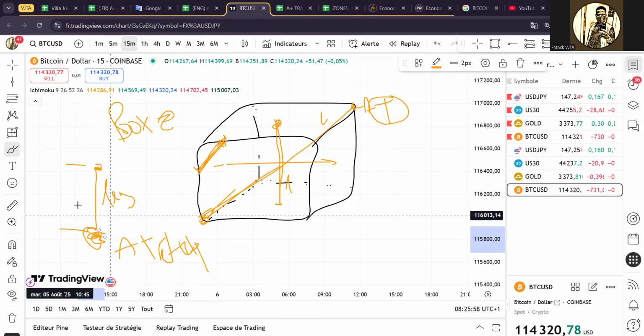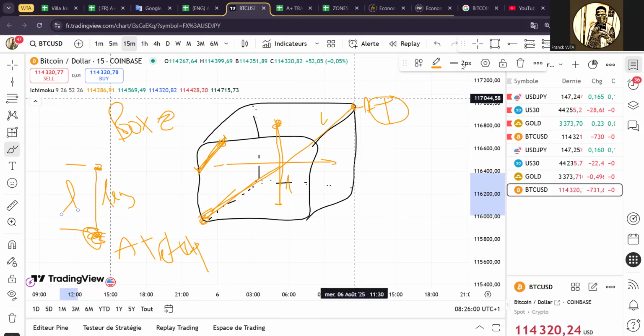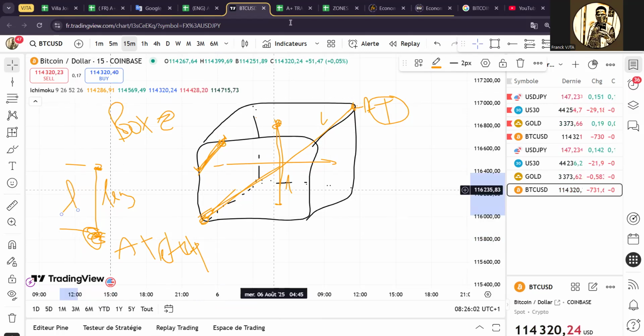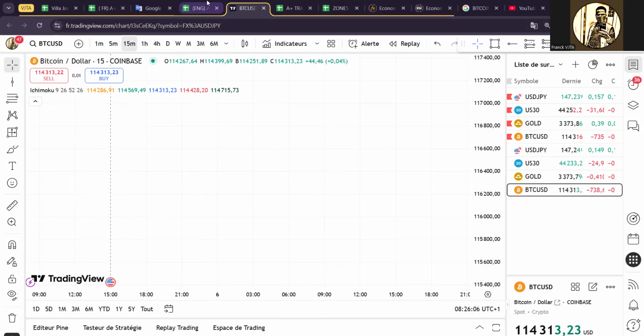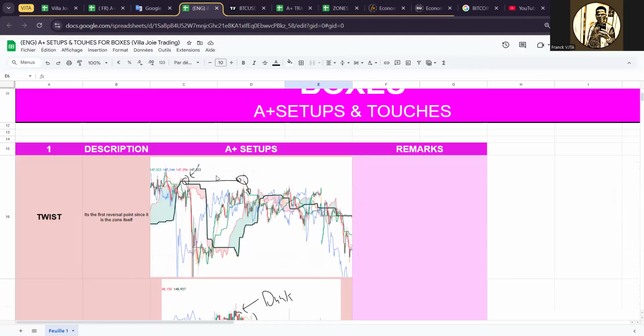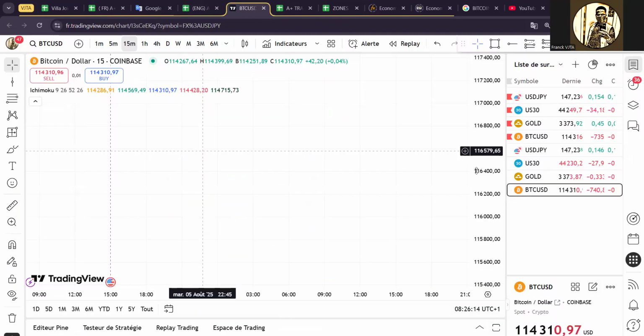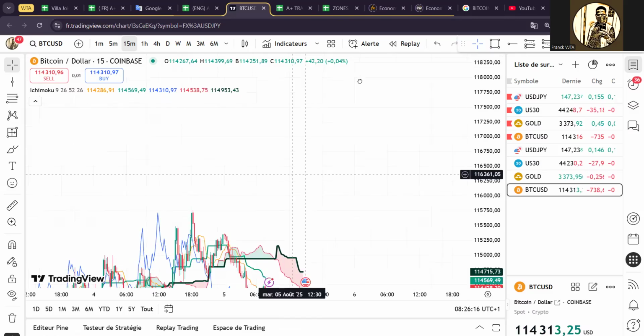The length, I'll also show you the length. So let us start with the A plus setup. That's why I call them boxes. Let us start with the A plus setup. The first A plus setup is actually the twist. The twist is